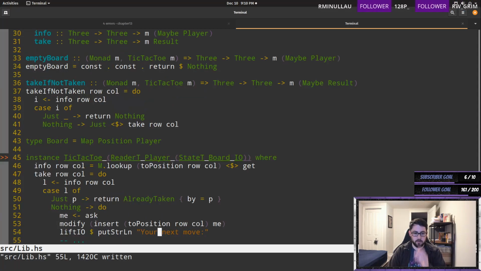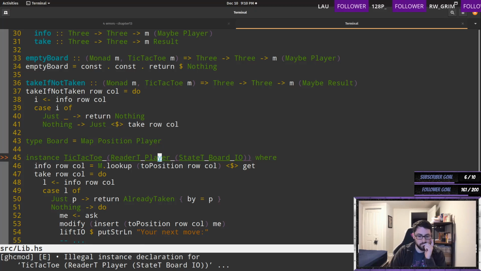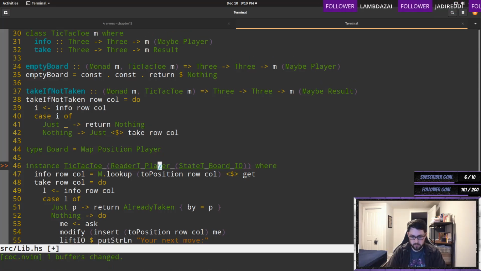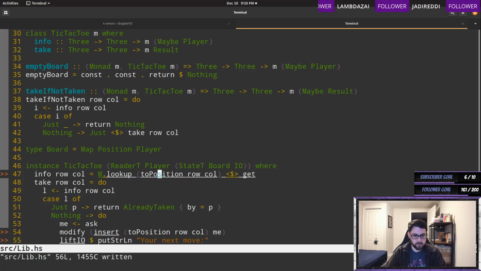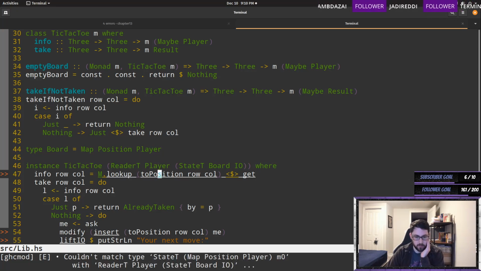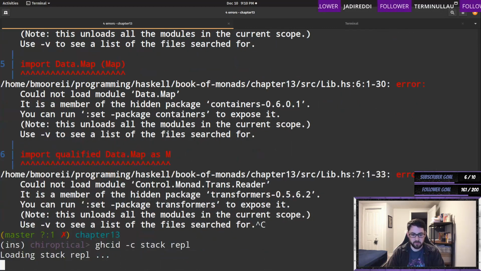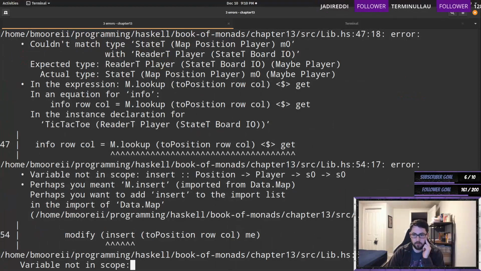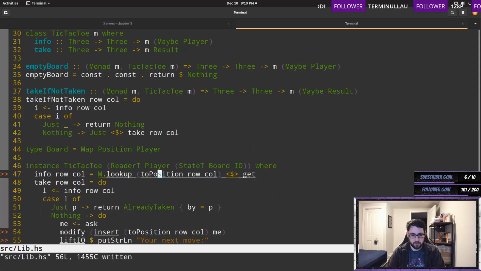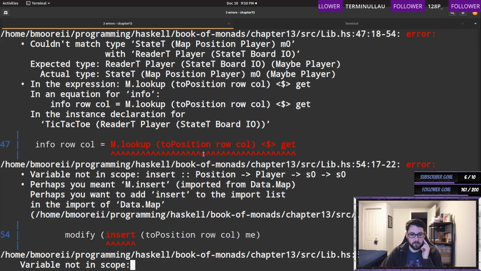And then, yeah, I'm trying to understand what's going on here. We need FlexibleInstances, and then we'll see what we got here. So now that we're getting actual errors, let's restart GHCi and then reload so that we get color. I don't know why it takes two to get color, but